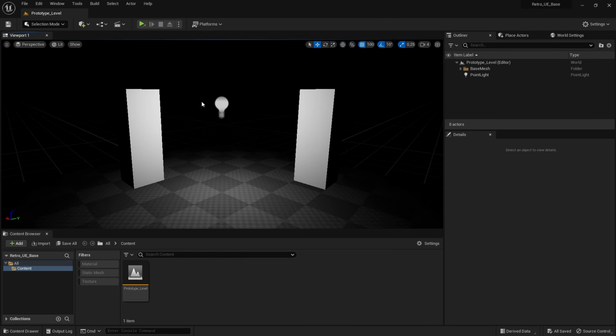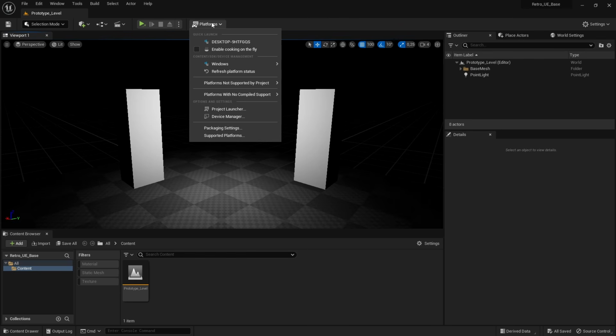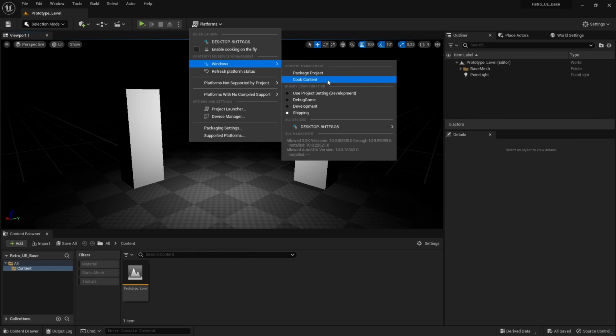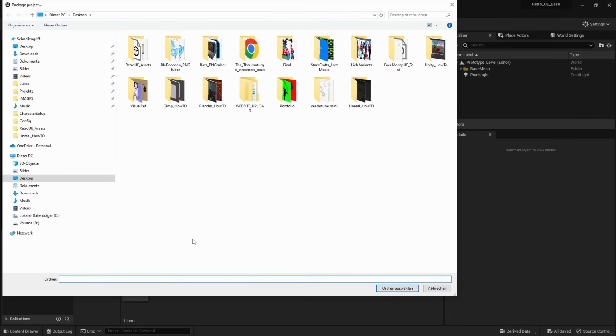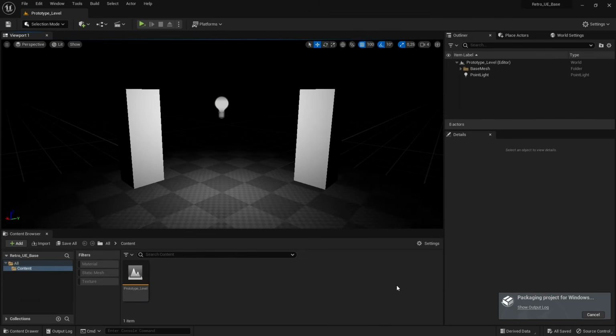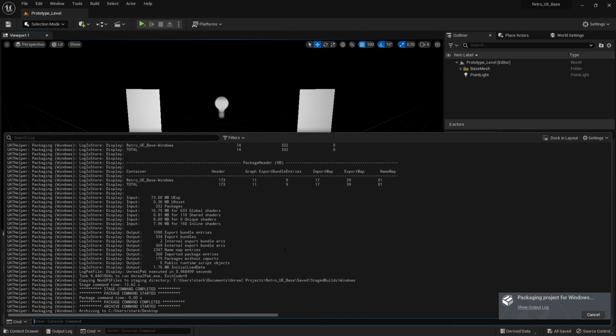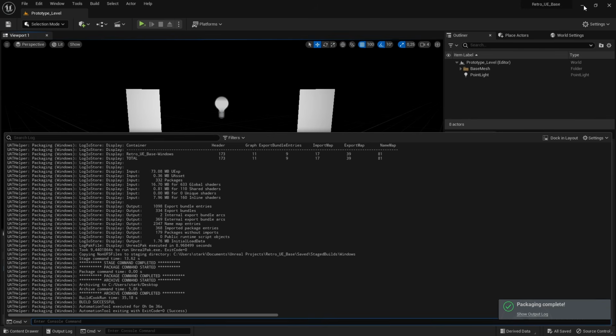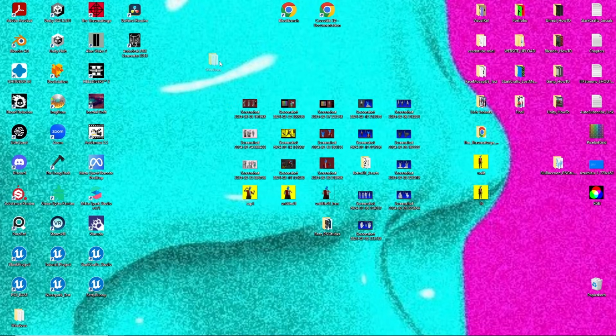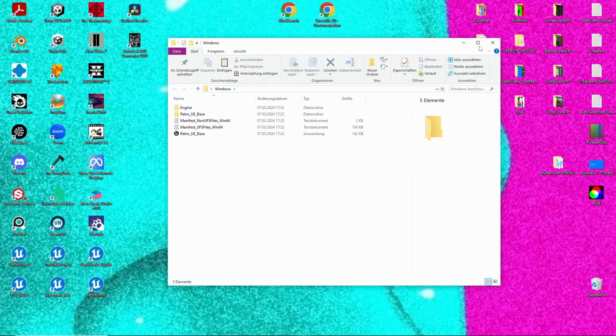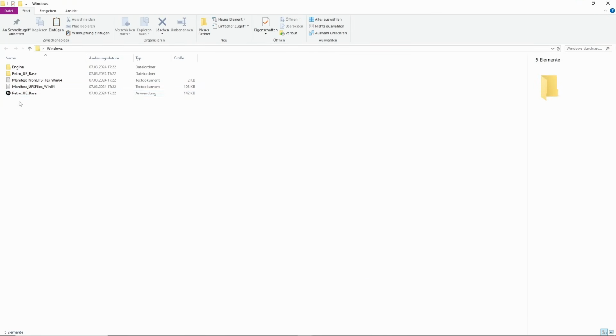And how about we try something, because it could be that we pressed or deleted something important in the configuration files. For that, let's package the game again on the desktop. Why not? Bibbidi bobbidi boop, and it's not done yet. Yeah, it's done. Okay, here we have a new Windows folder. Open it up. It's a new one. Double click, and now it should be